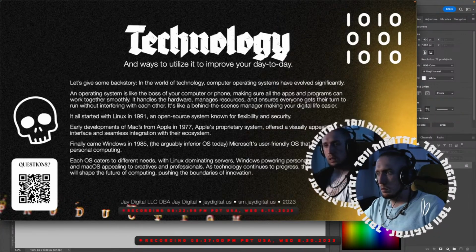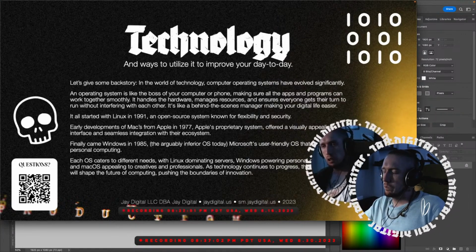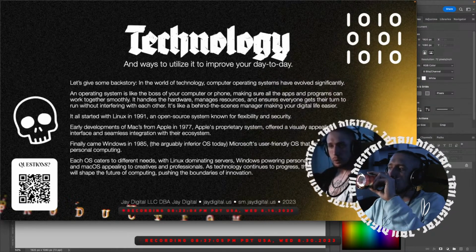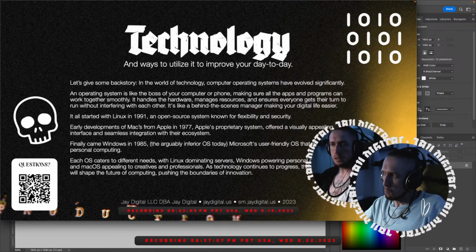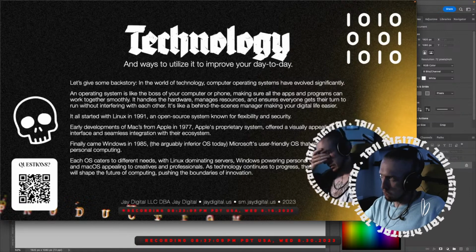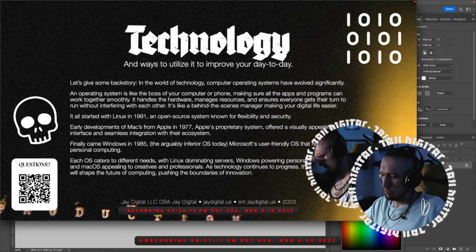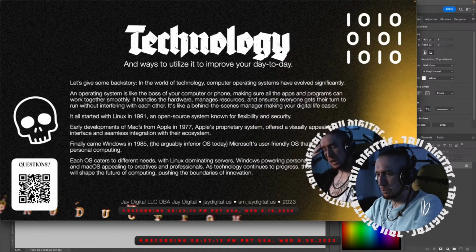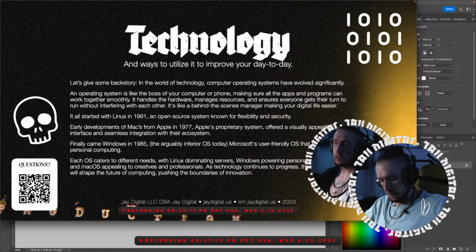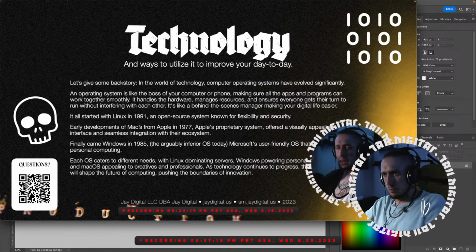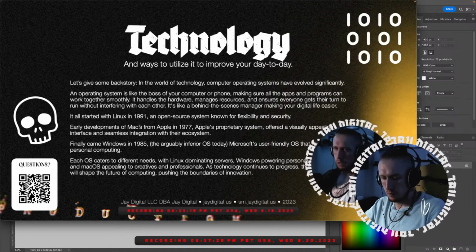Finally came Windows in 1985. The arguably inferior OS today, because today, it's everywhere. But if Windows users understood what they were missing with Macs, I feel like they would change their mind.